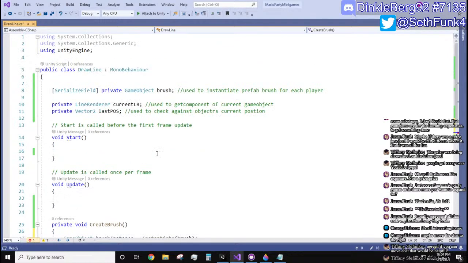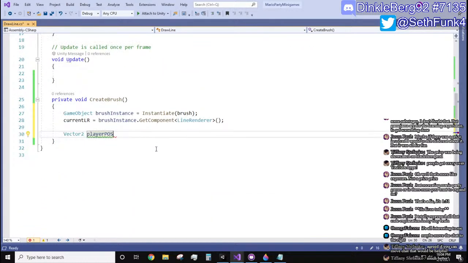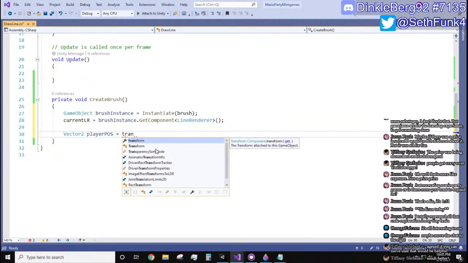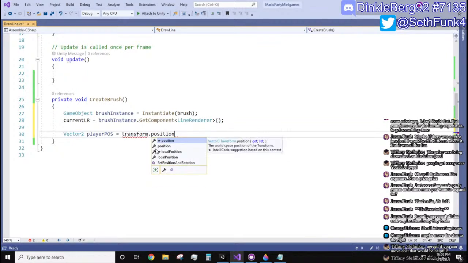I don't know if I've used that anywhere else. I didn't. Okay. And I'm going to put that equal to the current transform.position. So whatever this script is attached to, that's going to be the transform.position that we use to store in this